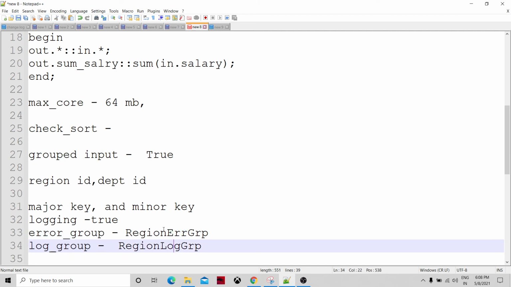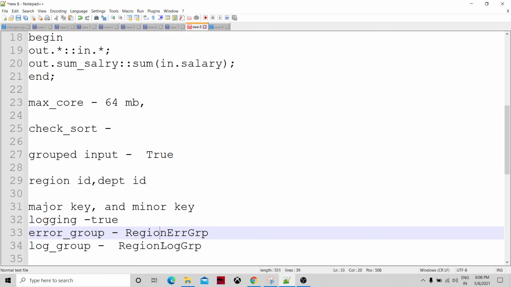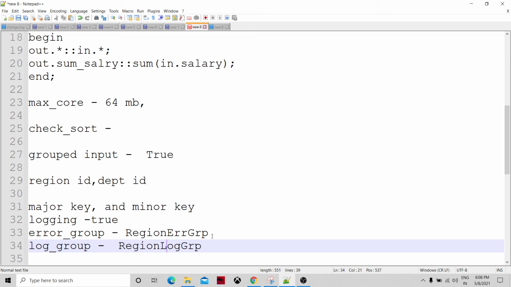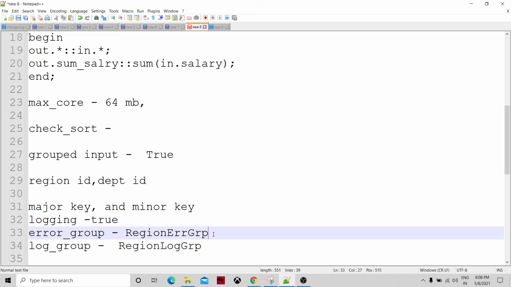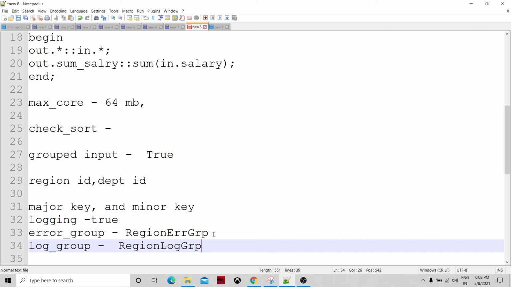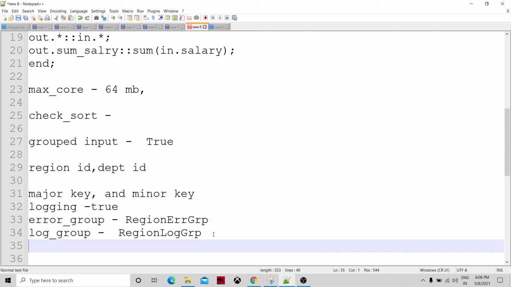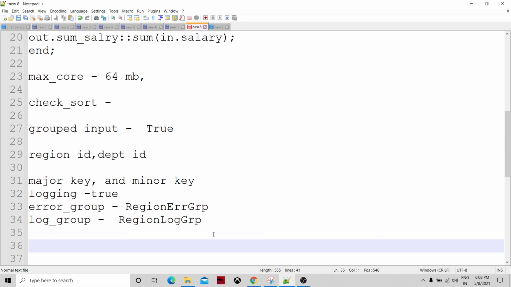And the error and log handle components have their inbuilt DMLs. They can read this error group and log group, and we can reformat those and take insight of it. We can actually analyze the logs and errors out of these, but this component has to send these records to the error handle and log handle components.